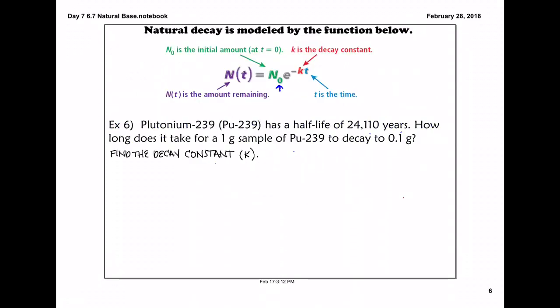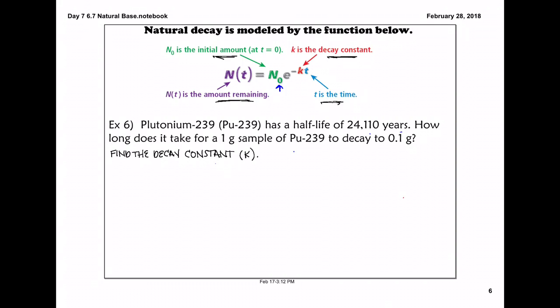The next equation is a natural decay model, and this is the exact same as our compound continuous formula, but this is more generic. So this one is talking about natural decay, which you will refer to in science. N of t is the amount remaining. N sub O is the initial amount. K is the decay constant, and T is the time. So example number 6 says